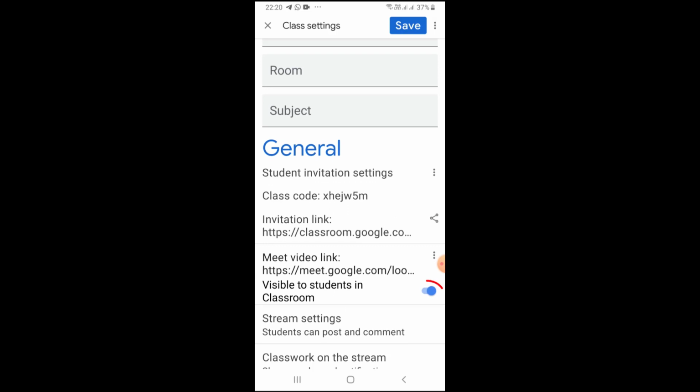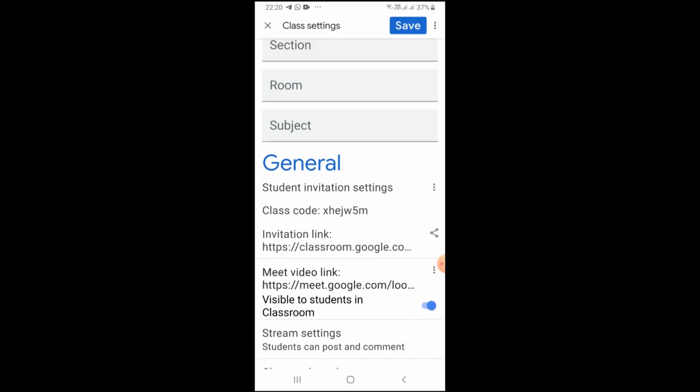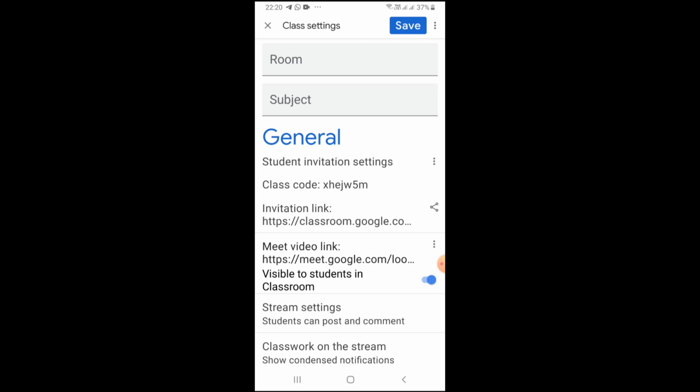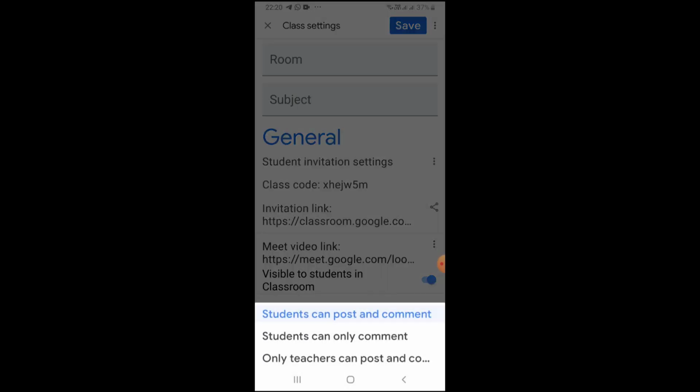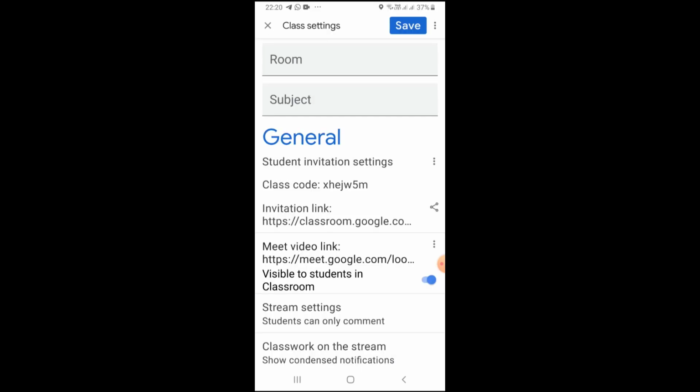So here you see the meet link is on, the class code is there, stream settings are there, and classroom on the stream. So you can set the things: only teachers can post and comment, students can post or comment, students can only comment. So ideally you can choose students can only comment and save it.